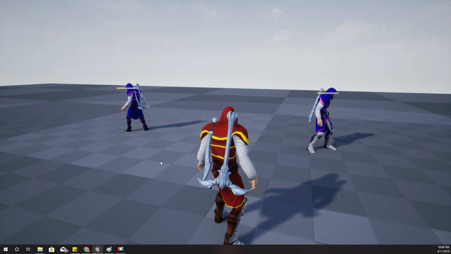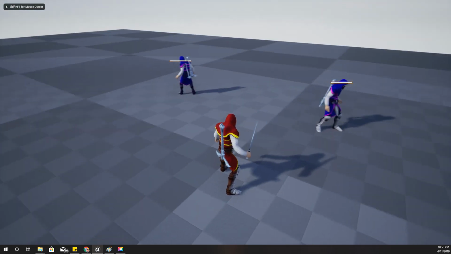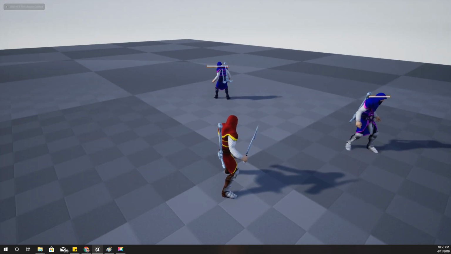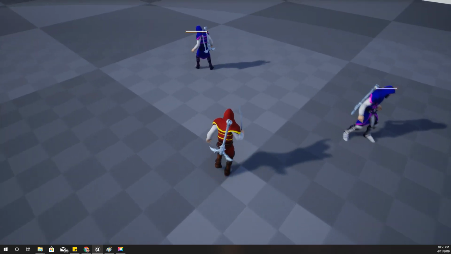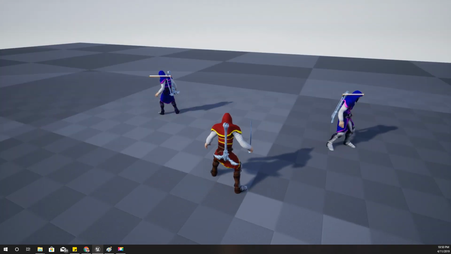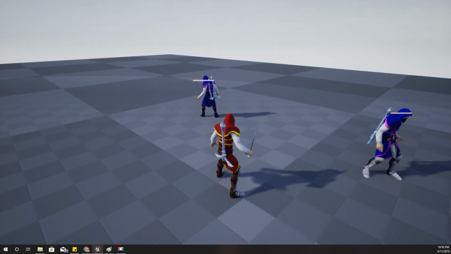So today what I'm going to show you is that I have implemented a system that plays an animation montage with root motion to move the character back when I hit them, and it was kind of half done in the previous video. So today I'm going to show you how to determine which animation to play, and here